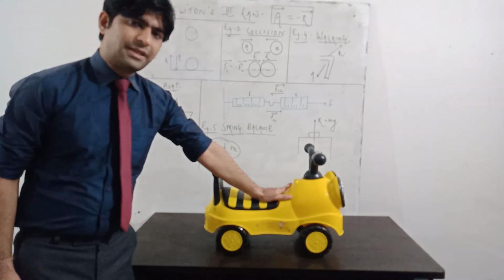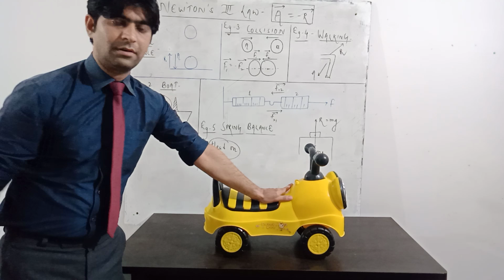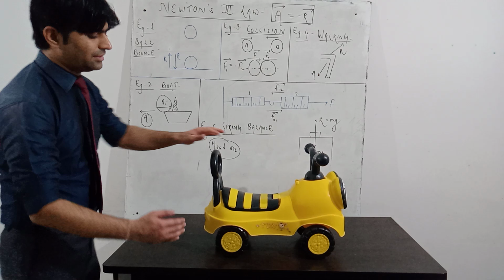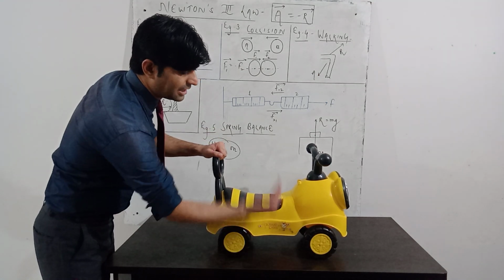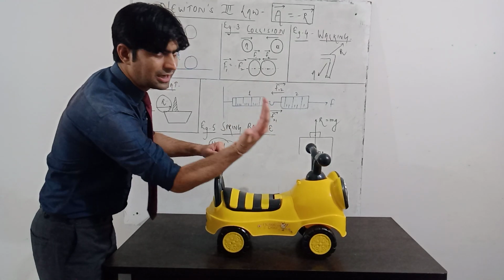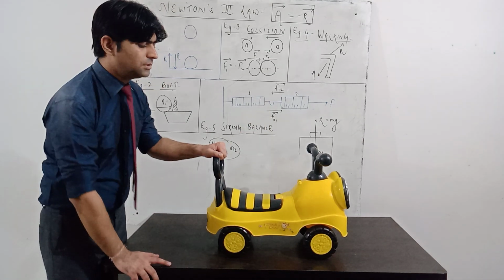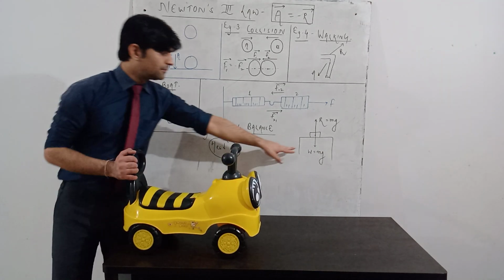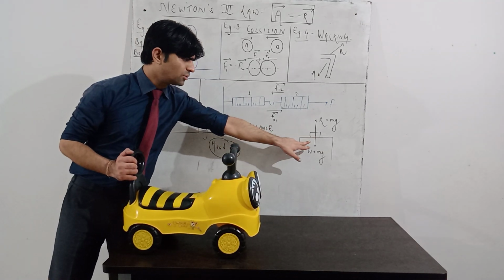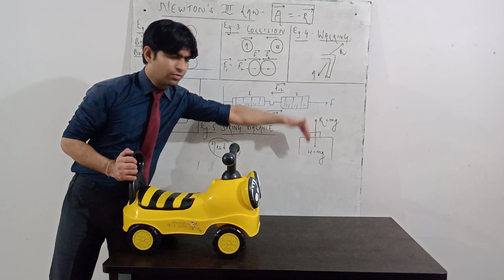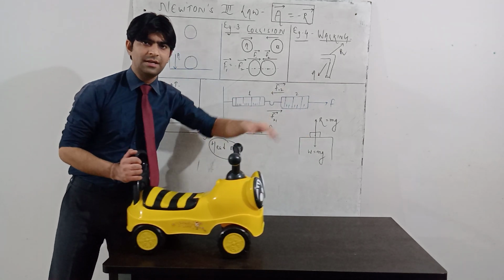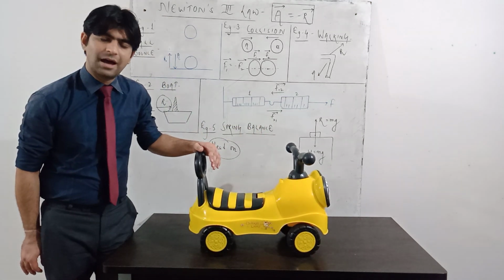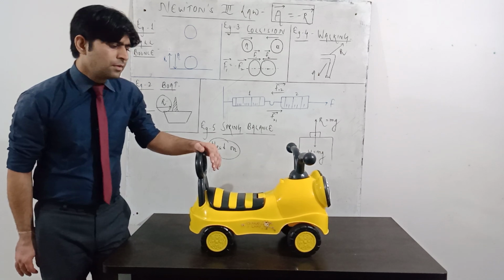Suppose this body is kept on the table and it is not going down through the table. So the weight of the body will act vertically downward, and this table is also applying a certain amount of force in the upward direction, which we generally call the normal reaction. So both of these forces will be equal and opposite. I have drawn it here. This box is kept on the table, the weight is vertically downward and the reaction is vertically upward. So when this body is kept on the table, again Newton's third law is applicable.